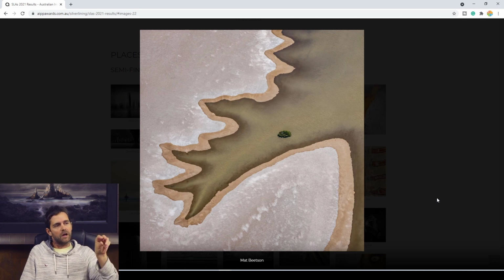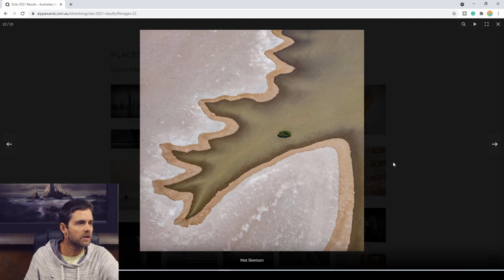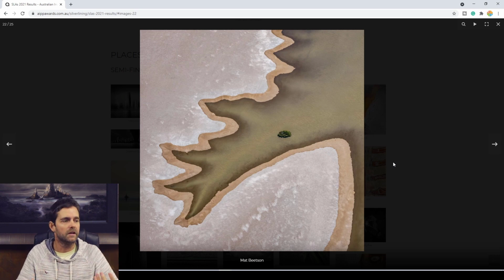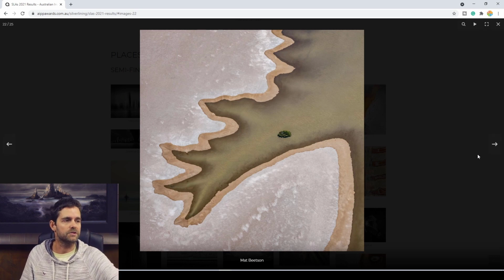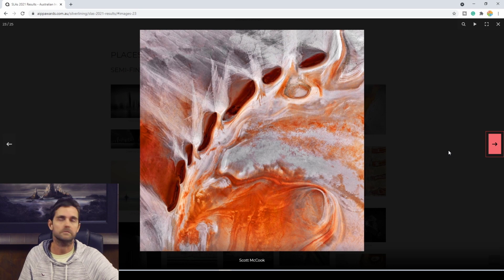Beautiful. I like the little lone mangrovey thing in the middle there, almost like a hand reaching out over the waterway. Yeah, very, very nice. It doesn't have that, for me, and this is nothing against Matt's work, but it's not grabbing me on an emotional sense that I would potentially put this one in the top 3. I'm going to be completely wrong, mind you, no doubt about it, but...